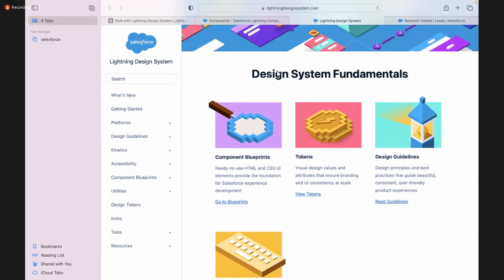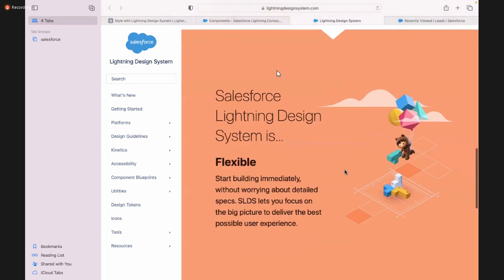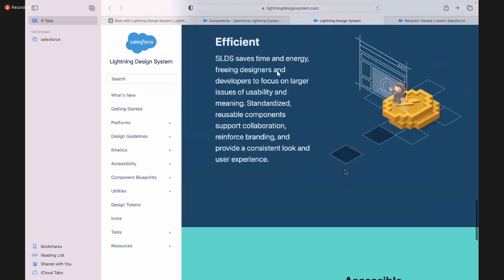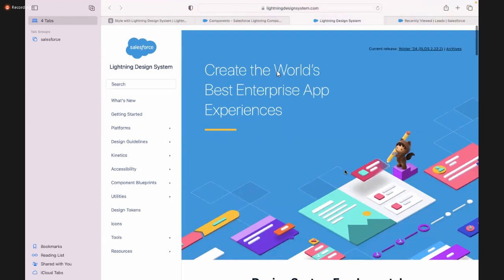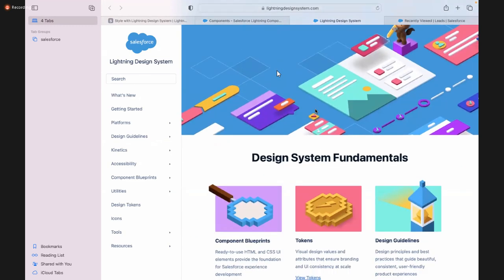In this, we have component blueprints, ready to use HTML and CSS UI elements that provide the foundation for Salesforce experience development. And we have tokens, design guidelines, tools. Okay, so we are going to use all these things to build an application which you can use seamlessly, and